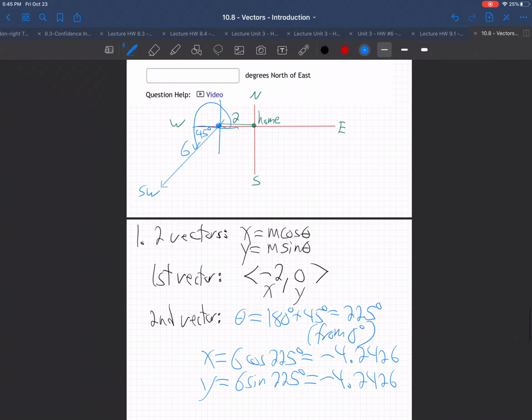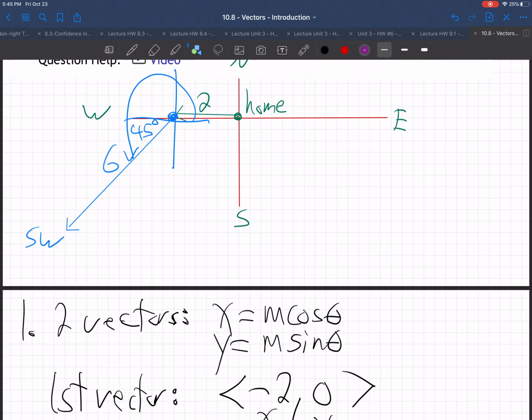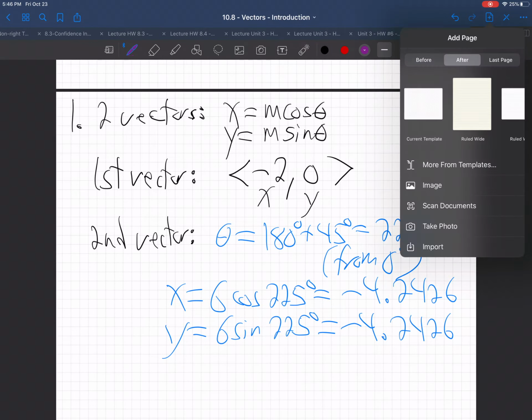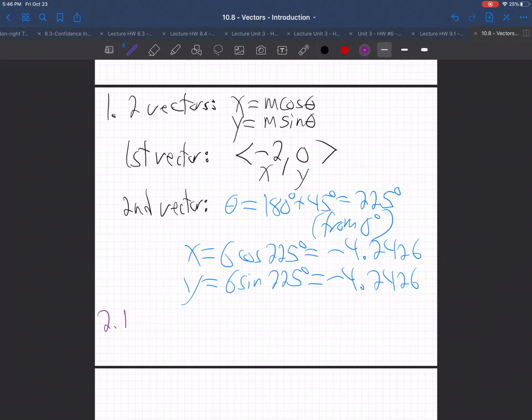So we're going to add the two vectors together to get the resultant vector. You tracking with me here? So the resultant vector will go from here to there. That right there is the resultant. It's the two vectors added up. It's the result of those two movements. So let's bring that into the game here. So the result, step 2,